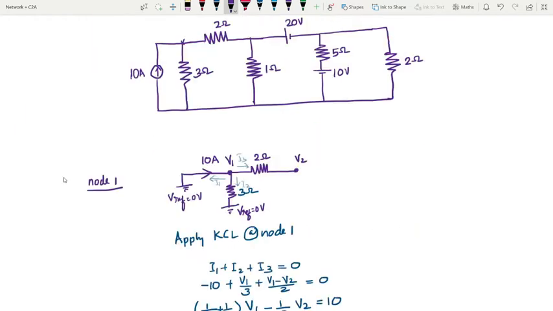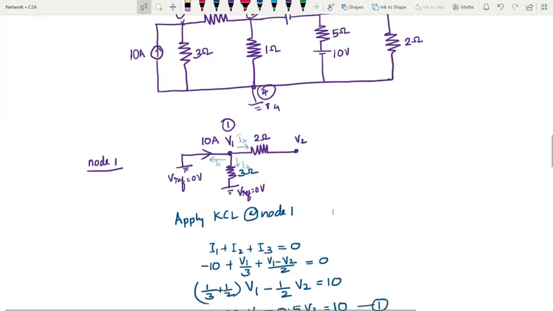Now we can take each individual node and write the KCL, KVL equation depending on the situation. When a super node is there, we need to apply KCL and KVL. If a non-reference node is alone, we need to apply KCL. So this is node 1, this is node 2, this is node 3, this is node 4, which is grounded, the reference node. The potentials are V1, V2, V3, and V4. First of all, let's take node 1. When applying KCL in nodal analysis, we assume that all currents are leaving the node, so we mark those currents as I1, I2, I3.